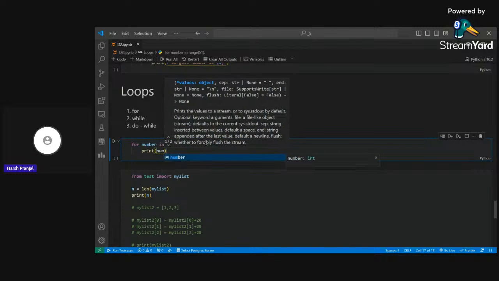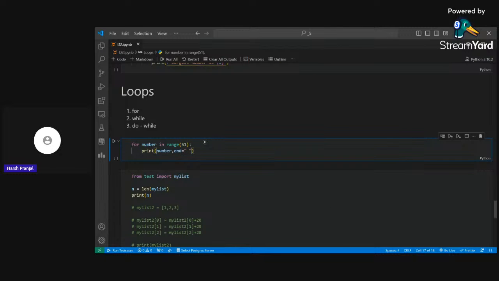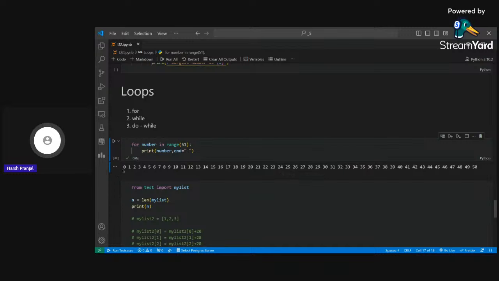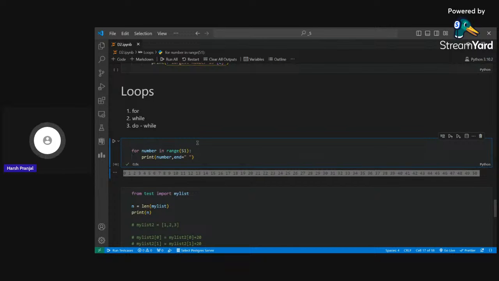You will print number, and I want them space separated, right? Okay. See, it will print each and every number up till 50, starting from 0. So you can see that there is a new keyword, that is range, and inside range there is some value,